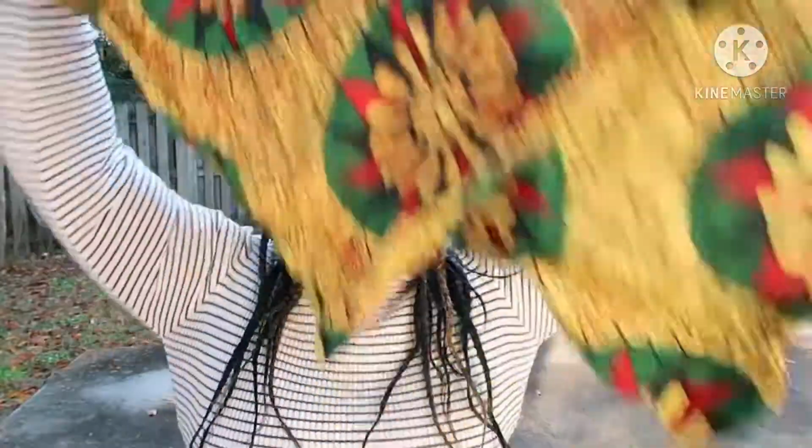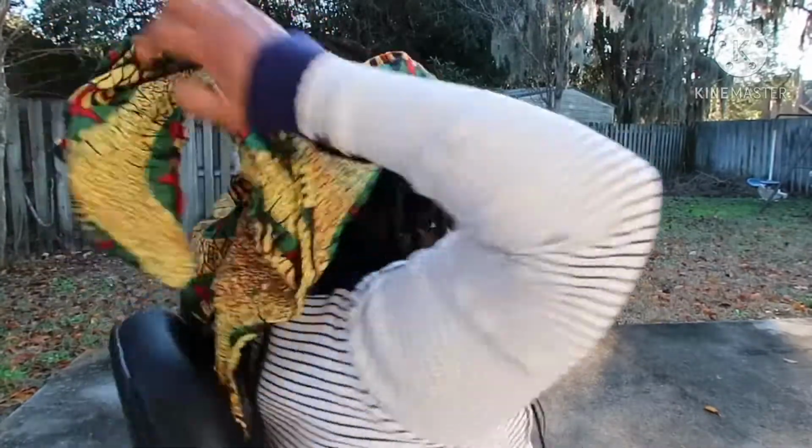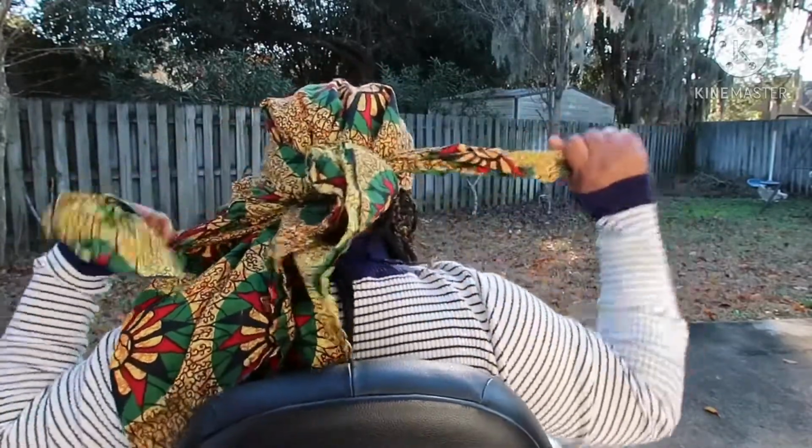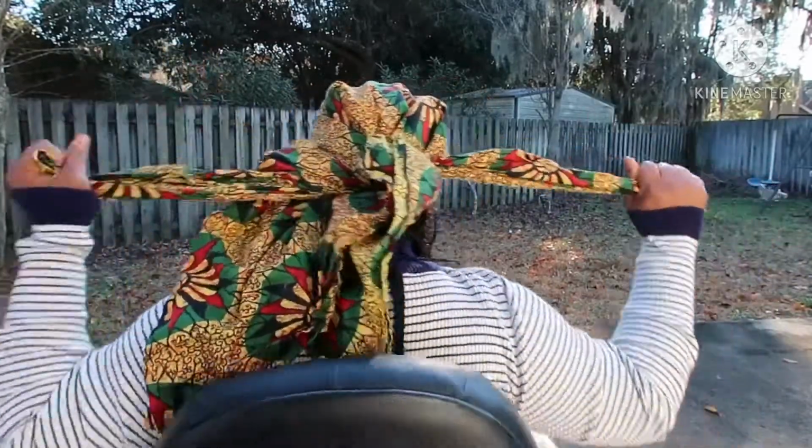I'm going to take this one out and then grab my next head wrap. So I'm going to take this, put it like this at the center and make sure it's equal, okay? And then I'm going to grab this too, take it to the back like this, tie it at the back like that. Make sure it's firm, and then I'm going to bring it to the front like this. Twist it, make sure you twist it. I'm going to twist it like this,